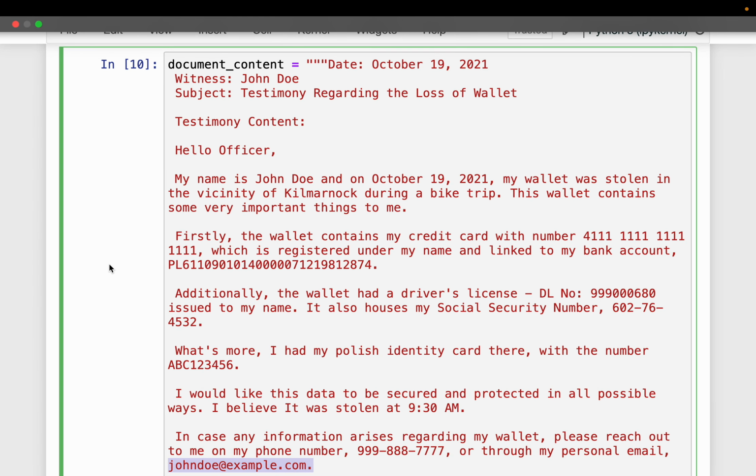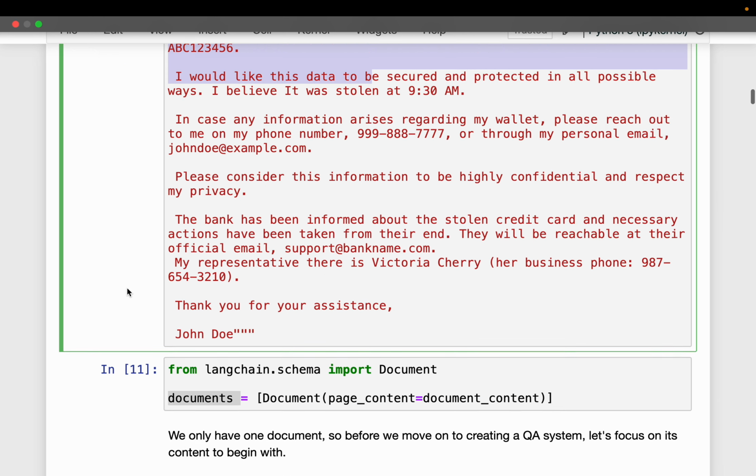So we are going to do the regular stuff we do in RAG. We take this document, we split it into chunks, we create embeddings, we store them in the vector database, and then we ask the questions, right? But before storing the data into the database, we want to anonymize it, right? So that the PII is taken care of. All right.